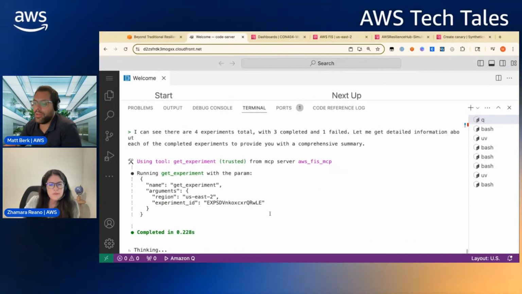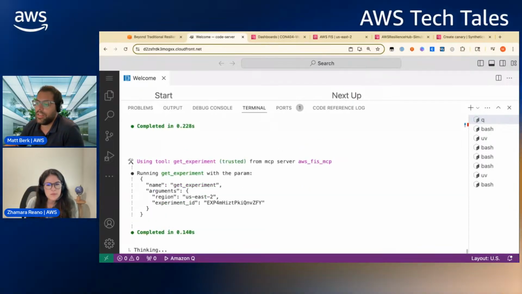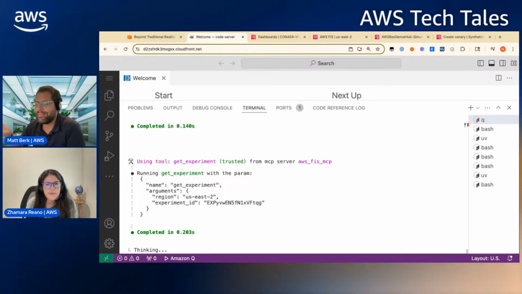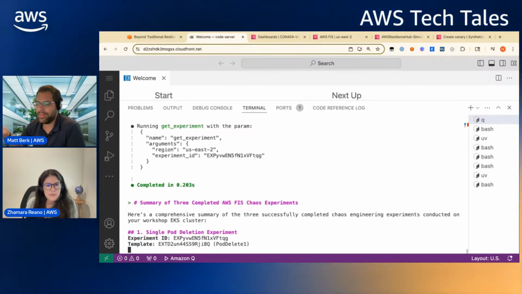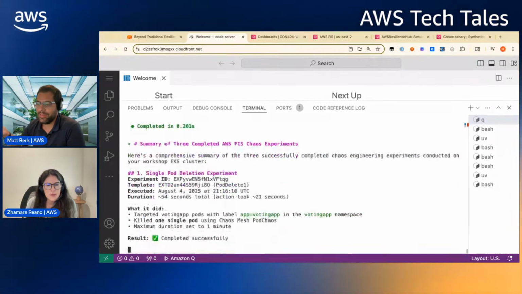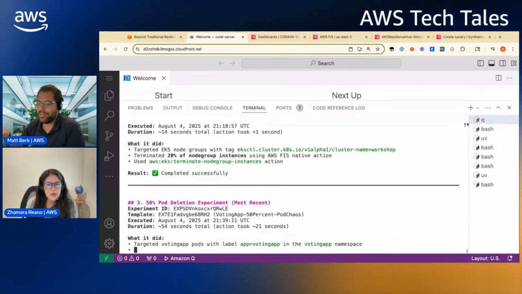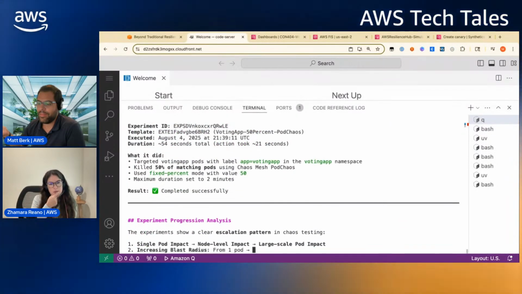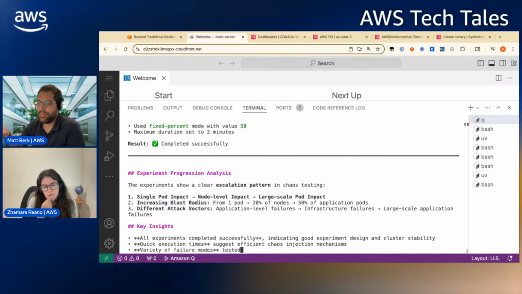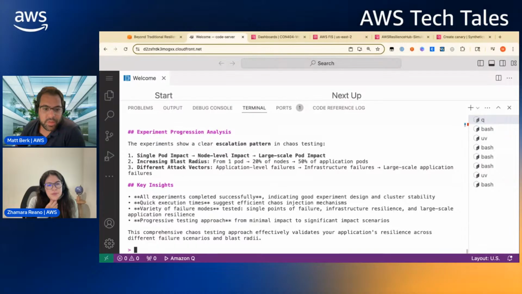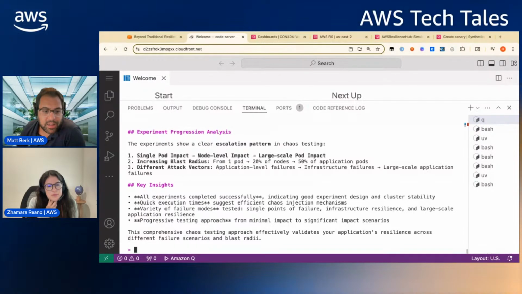So 3 completed, 1 failed. It's checking each of them. It's going to give me a summarization. So if you wanted a report for your management, this might do it for you. Does this also include the recommendations on what to take into account? I would think of resolutions if you were to run this on the manual scale. Well, you could ask it